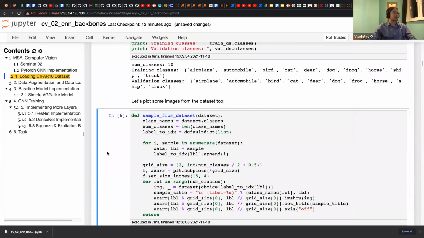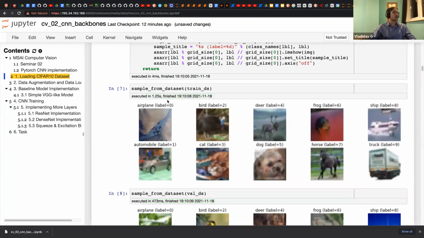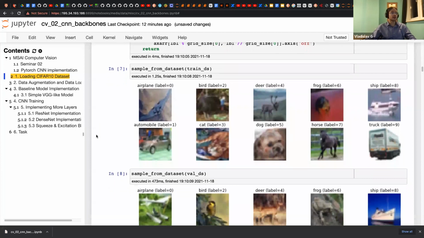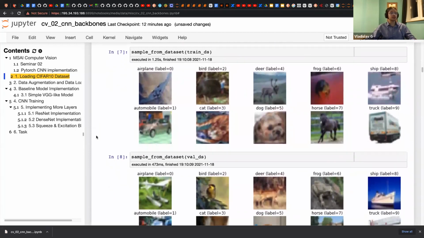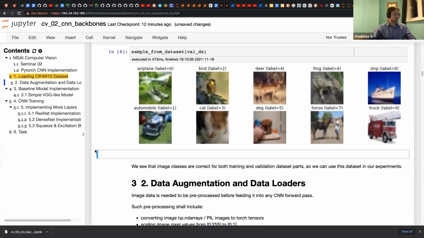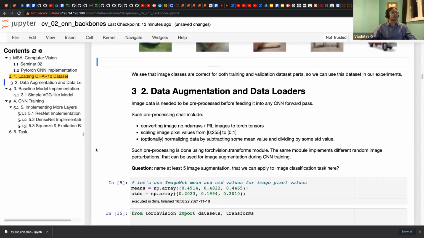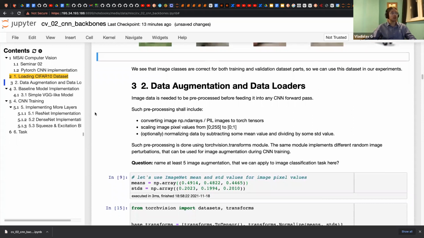It is kind of different classes, and this is what we see here: this is an automobile, this is an airplane, this is a bird. They have very low resolution, as you see, but still the class of one of them could be really easily predicted by a human.